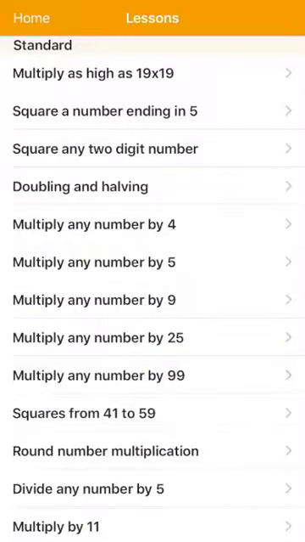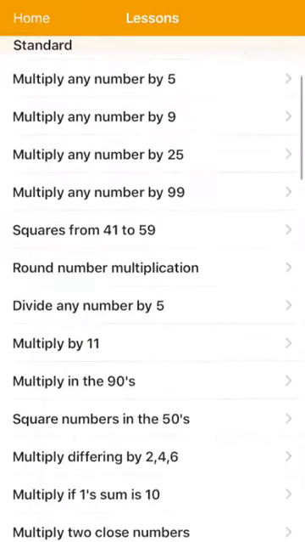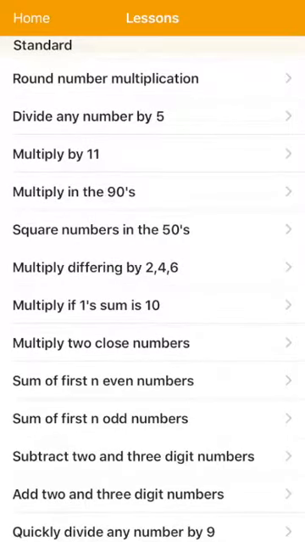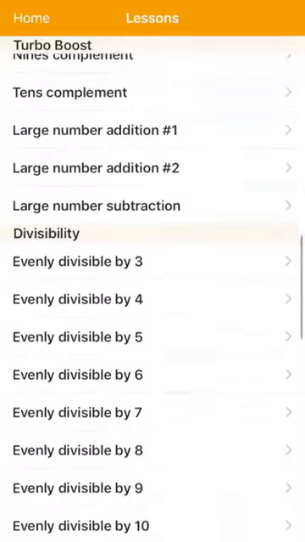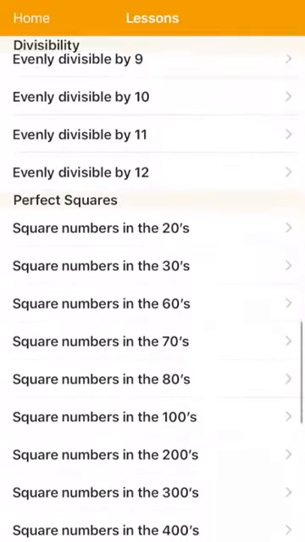But once again, under learn, I just want to show you that there are quite a few different options of things that you can do. So multiply in the 90s, square numbers in the 50s, and they have some different square